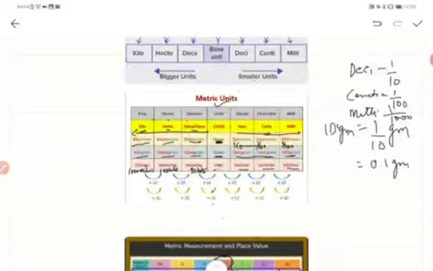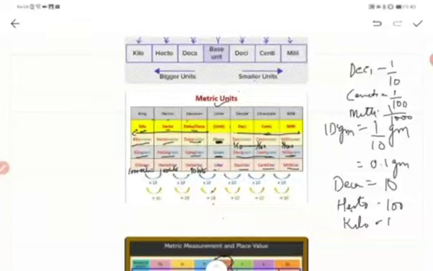In a similar way, deca is multiplying by 10, hecto is 100, and kilo is 1000. You remember these words, it will become easy for you